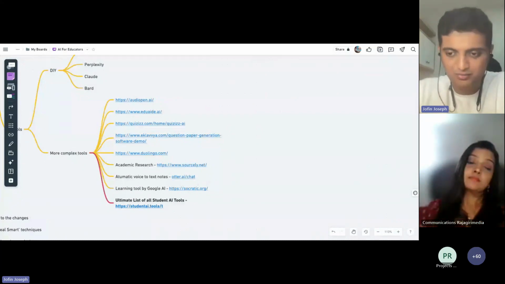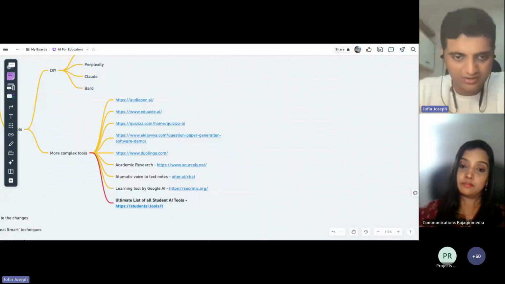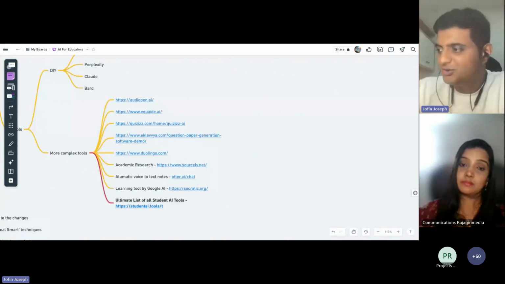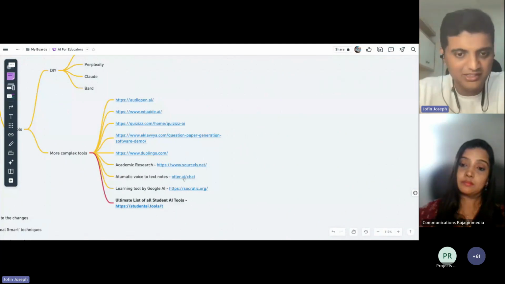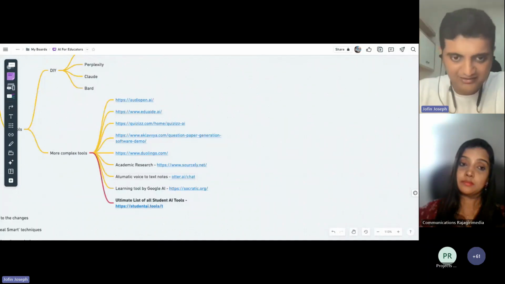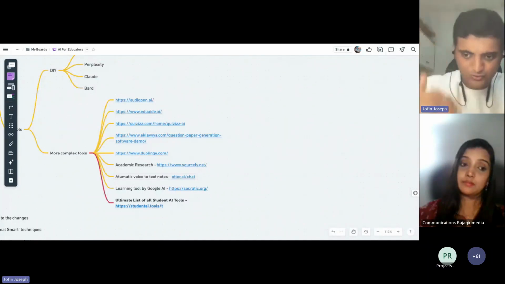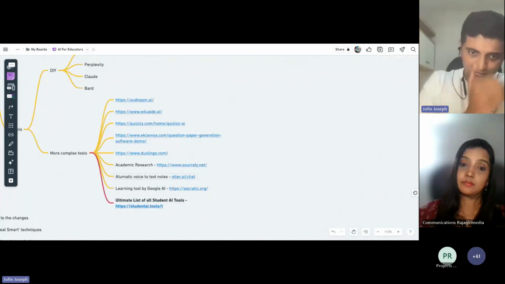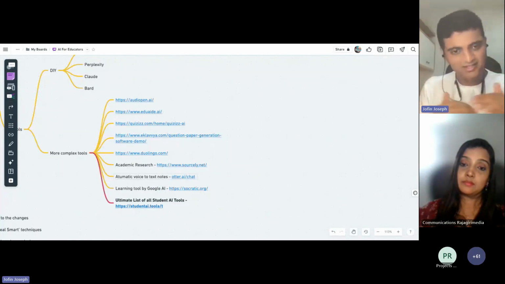Instead of writing it or typing it, you can simply talk this, right? Or you want to record your classes and make it a note, right? So Otter, for example, is an interesting player here. Practically, if you just take your phone, record your class, whatever you're delivering in your classroom, and give it to Otter, it can in a few seconds take all those voice, convert it to text, summarize it, and create a really nice class note for you.